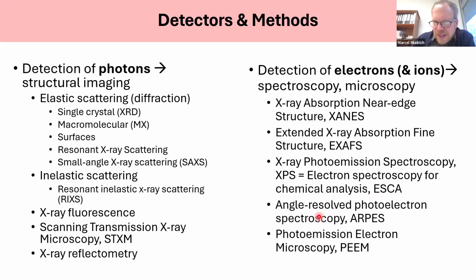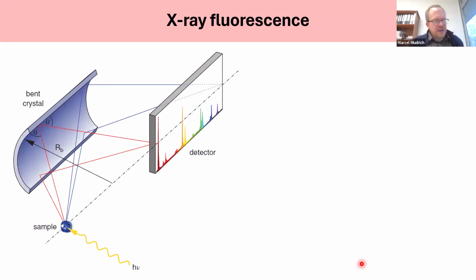We can do this in an angle-resolved manner, then it would be called ARPES, angle-resolved photoelectron spectroscopy, or in combination with microscopy, then this would be photoemission electron microscopy, or PEEM. And so these are the main techniques of doing spectroscopy and/or microscopy by detecting mostly electrons. So just to give you one first brief glimpse